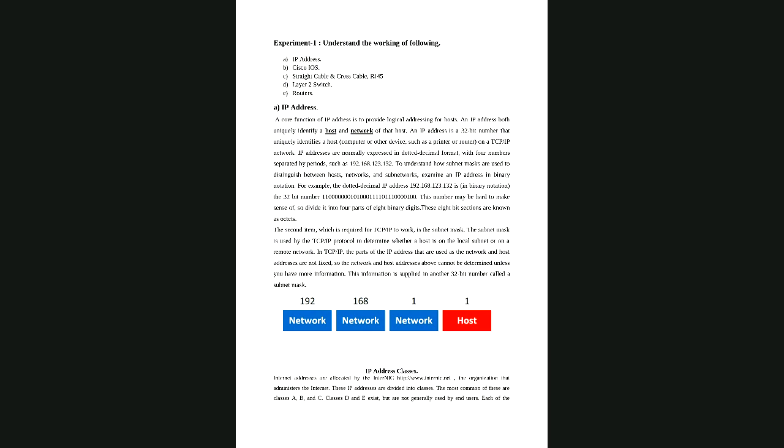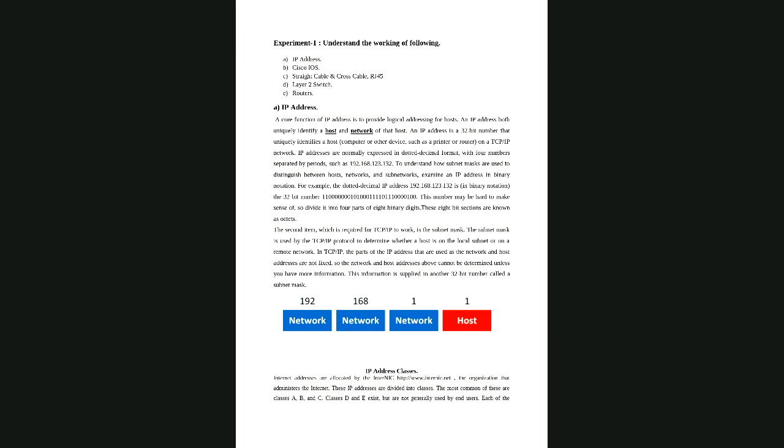Now, first we'll talk about some of the basics of IP addresses again. In a particular IP address, if we talk about IPv4, for example, the IP address mentioned here is 192.168.1.11, and this IP address belongs to class C. Why does it belong to class C?